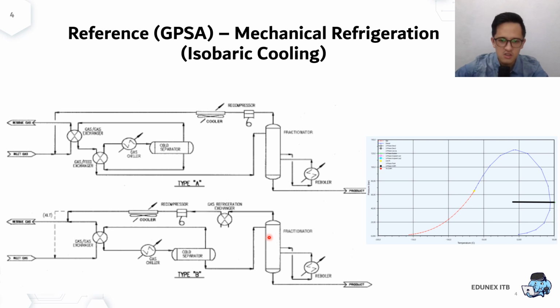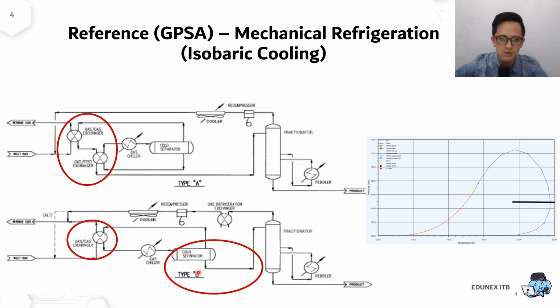You can also notice that in type A and type B, it's not a rigorous or typical distillation for the fractionator column. Why? Because we only have a reboiler, while we don't have any condenser at the top of the condensate stabilizer. It is called a reboiled absorber. We don't have a condenser. So that's the heat integration for the type B refrigeration cycle.